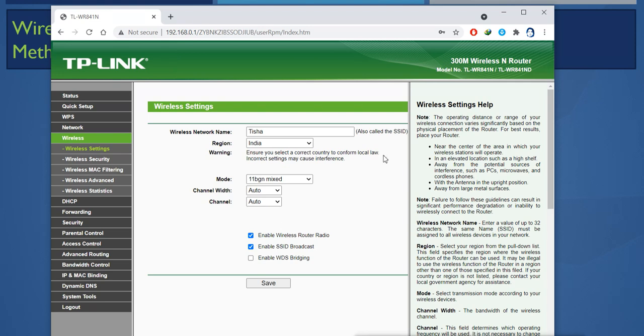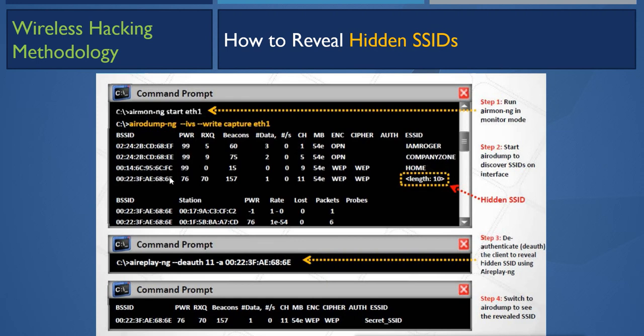Now if someone has done this, it is still not that secure. That means an attacker can still get it by using the Aircrack tool. First it will run the command airmon-ng start and the interface name, to enable monitor mode on our wireless interface.